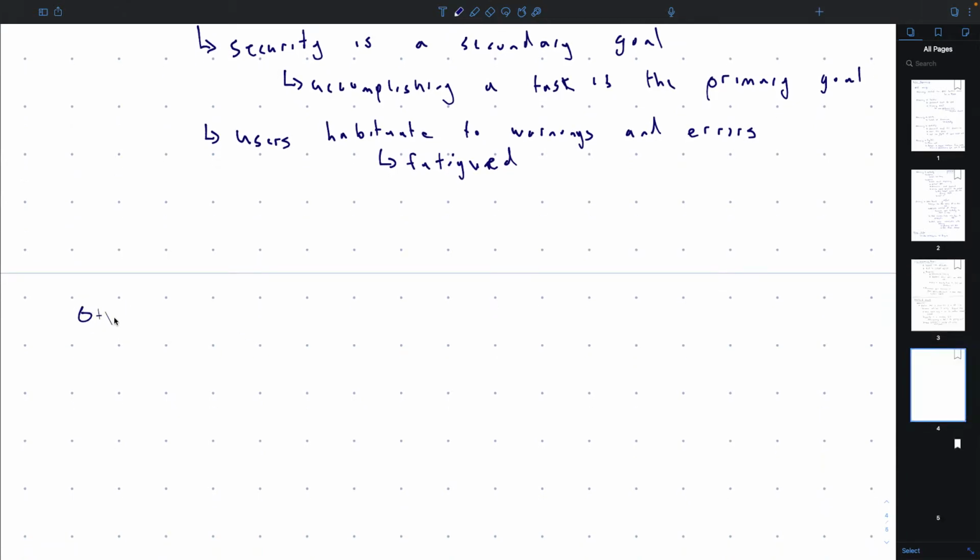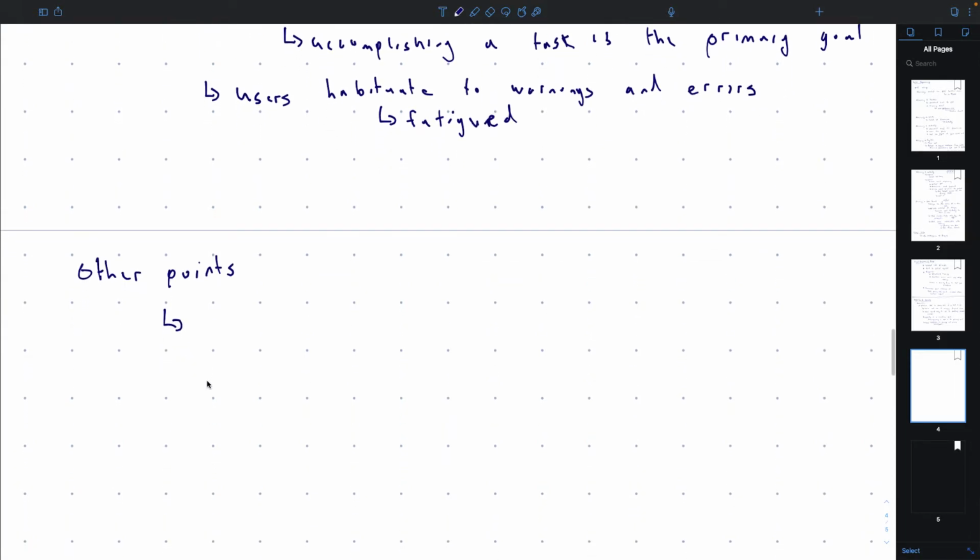Some other points, just to introduce the concept. One thing that we see is that defaults matter a lot. You might say, well, users are different. Some users are pros at security and some are novices, so we'll give them the option to configure the security the way they want.